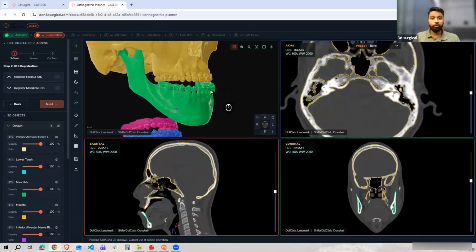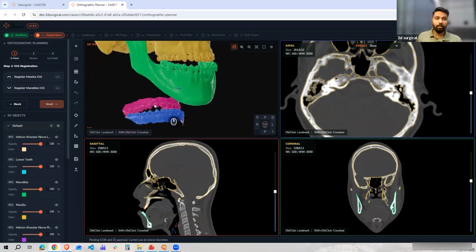As an example, sometimes you just want to do the virtual planning. End users just want to see the virtual planning with the osteotomy, how the soft tissue is going to look, and they only have the CT data. If they didn't upload the intraoral scan, then this step will be automatically skipped, and the user can move to the landmarks. And even if the registration of this intraoral scan is already done offline in any software,